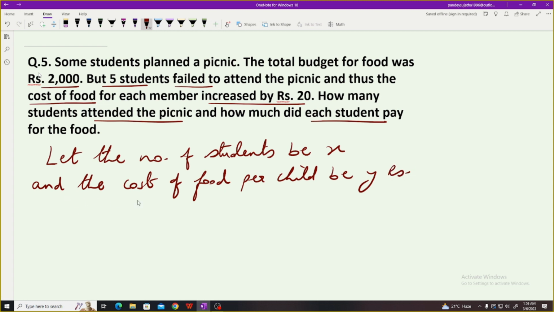So here you very well know that when the number of students is x and the cost per child for food is y, then the total